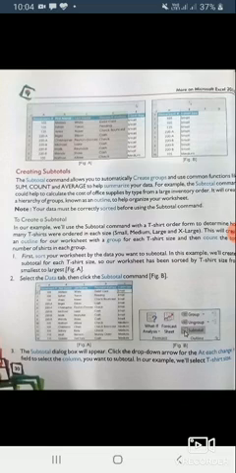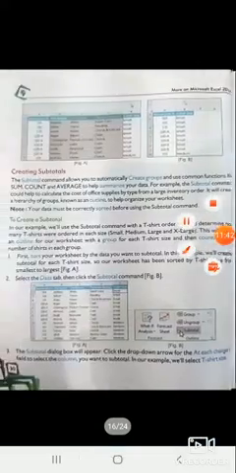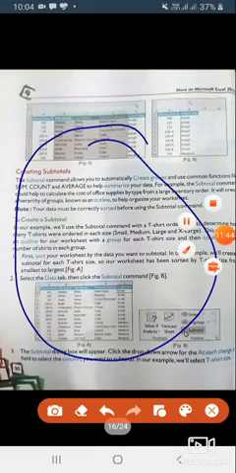Three subjects is very easy for me, but when there are marks of a lot of fields, it will create a problem. So in Excel we will use formulas to get the subtotal of these marks. Okay,